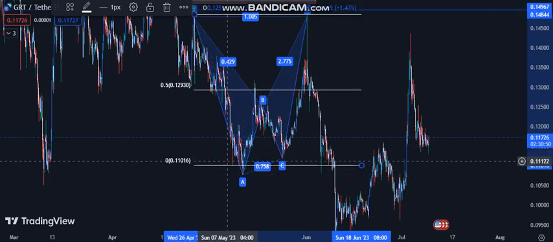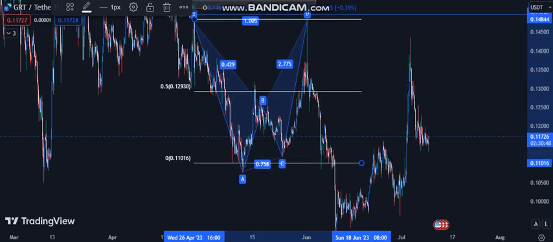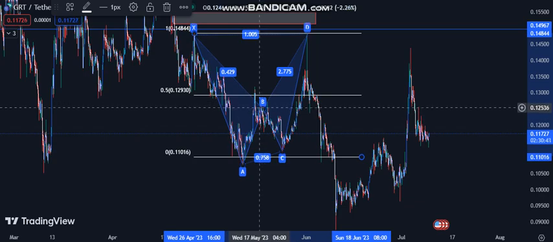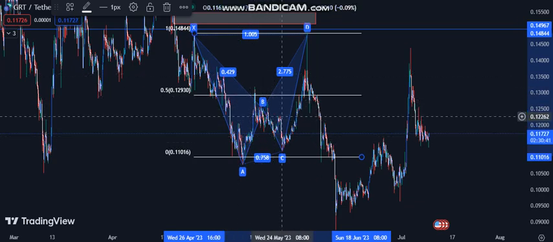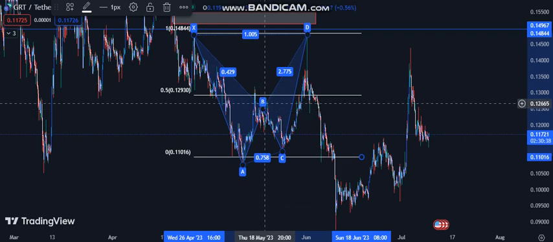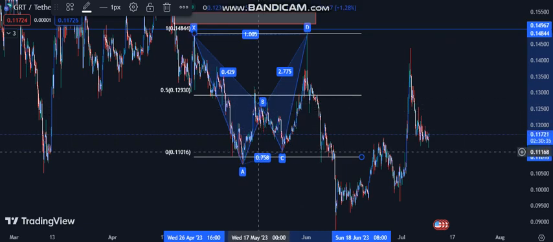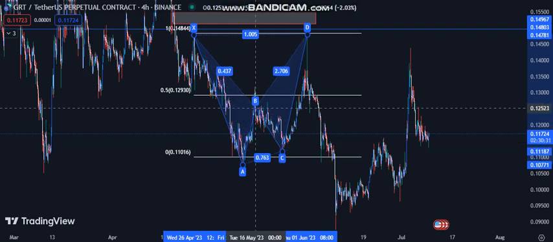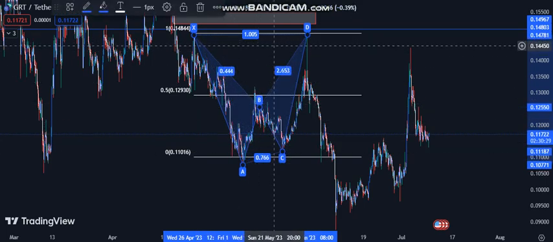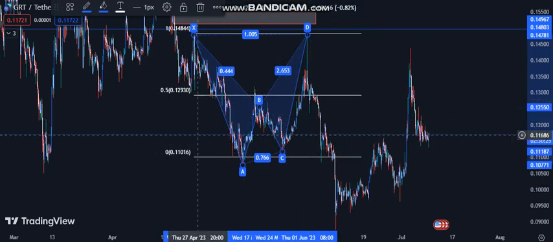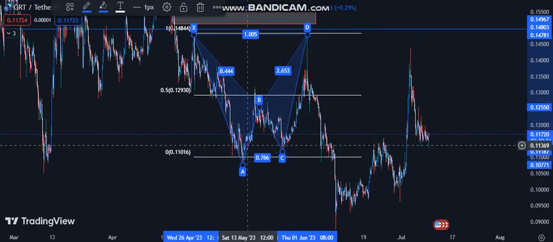From first to this. So this one is validated because it's anything below 0.5, not that much. Anything below 0.5 is a valid harmonic for me. So inshallah, I used to use some old Fibonacci